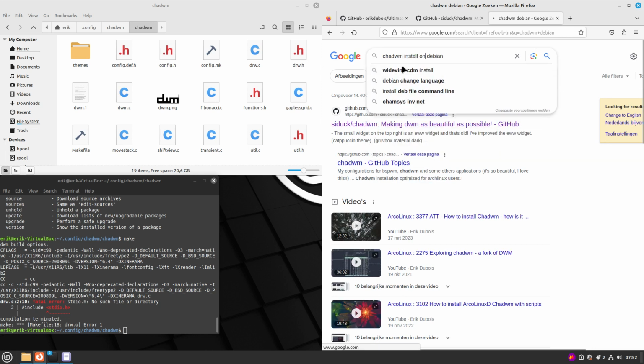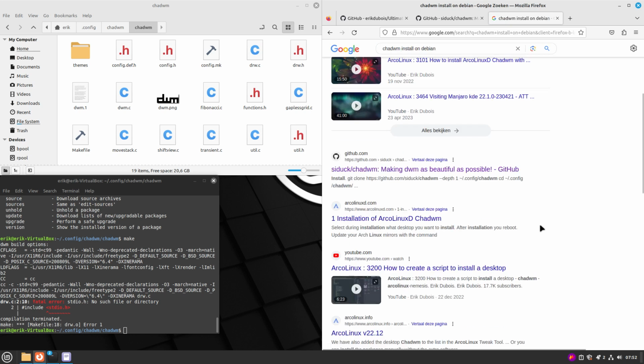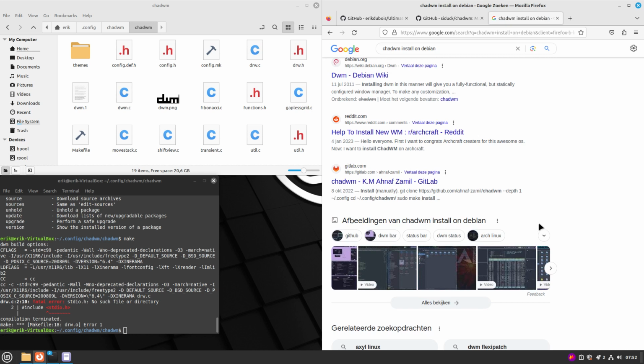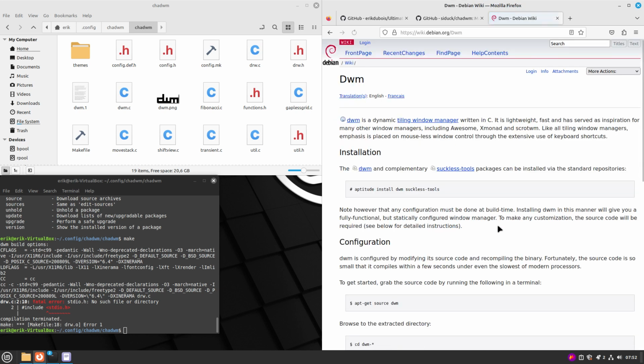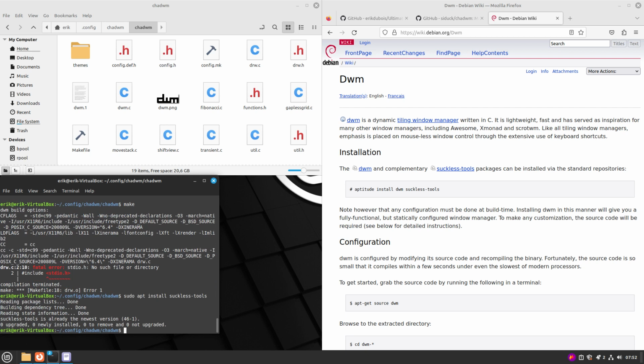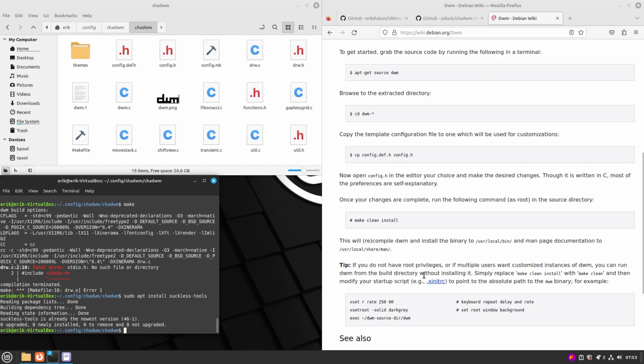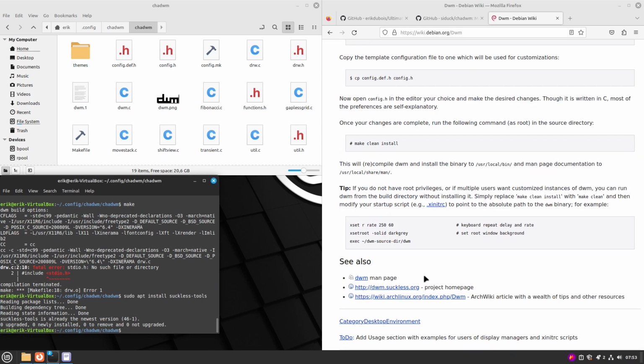Install on Debian. Actually, this is a spin-off from... So let's see. I have already the suckless tools, so I can show that. Apt install suckless tools. So dmenu is in there, and then apt-get source, cd, config, make clean install. Sure, and then